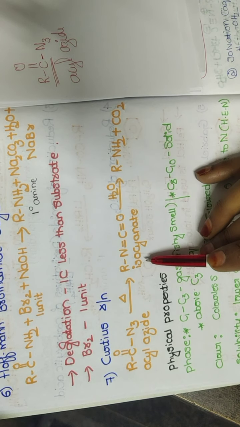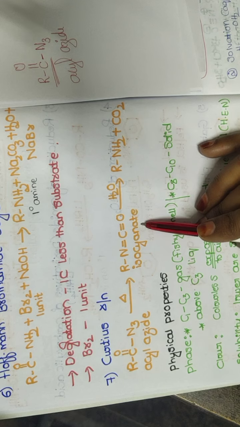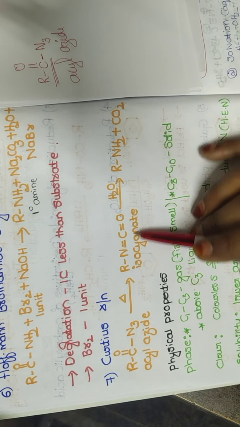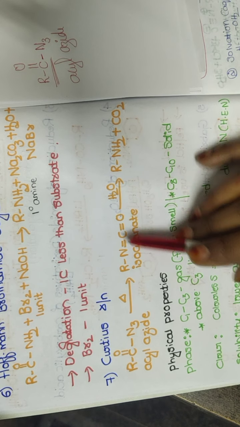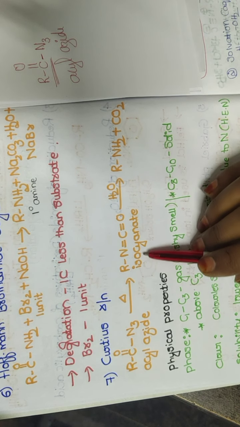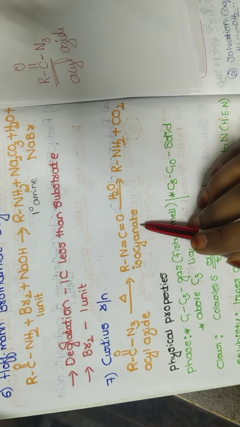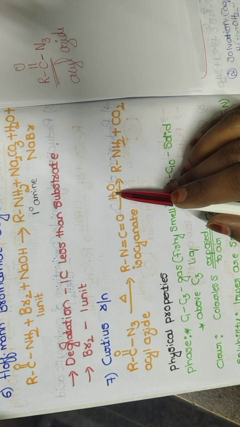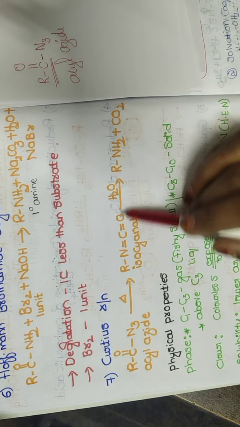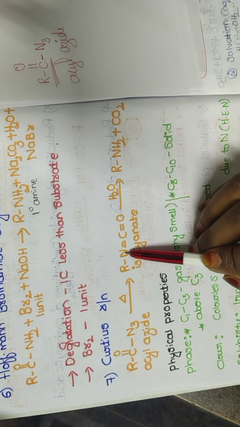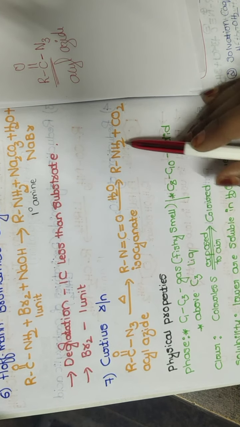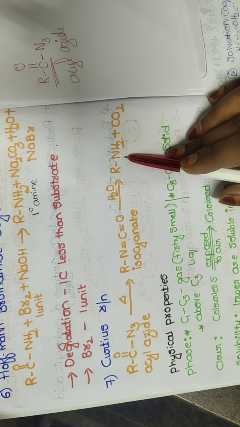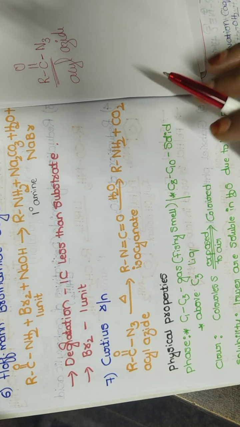If I heat this acyl azide, there will be a rearrangement, and as a result of the rearrangement, I will end up with an isocyanate. So here, nitrogen double bond, C double bond O. This is called an isocyanate. If I do a hydrolysis for this, how do I do it? I'll be adding 2 hydrogen to the nitrogen and 1 oxygen atom to the carbon, so that we end up with a primary amine with liberation of carbon dioxide gas.